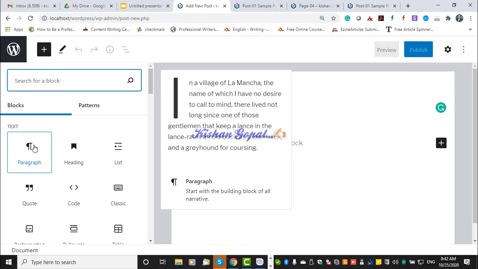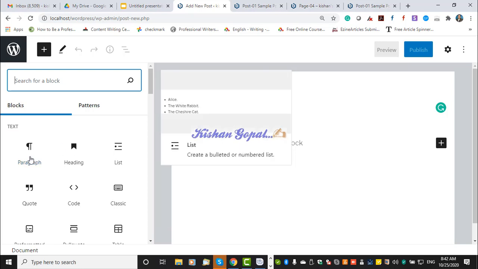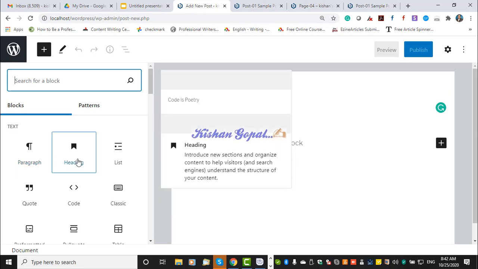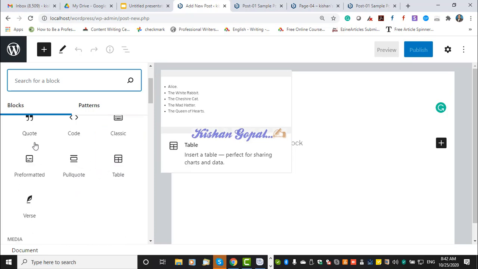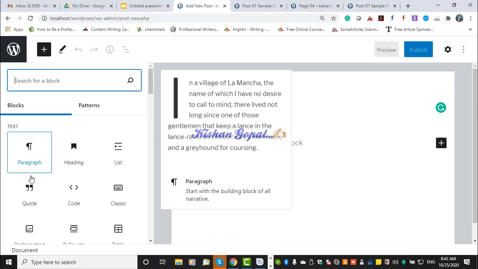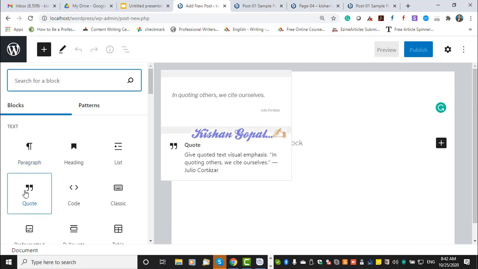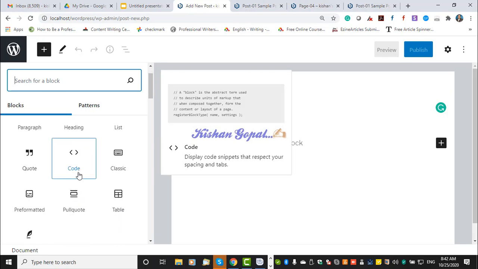Like if you want to create some heading, or a title, or add some bullet points, or a numbered list, all those options will be available here. You can put it as a paragraph, select the heading, choose the listing. And if you want to quote any quotes in between your blog post, you can use this option. Then it appears in such a format that any user reading your blog post should be able to understand this is a quote, the writer quoted some famous quote here, and you can add embedded code.